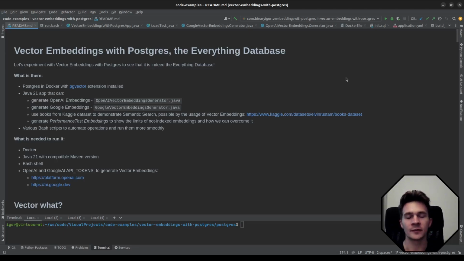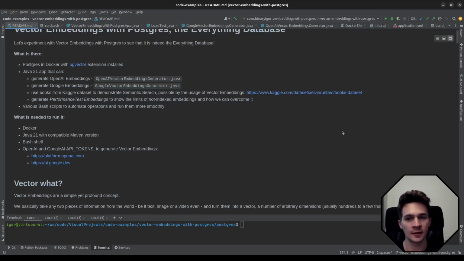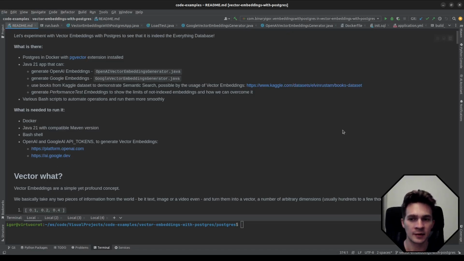Today we talk about vector embeddings and specifically about using them with Postgres DB, the everything database. So let's start. What do we have? What we do? So we'll have a Postgres database with the pgvector extension that will allow us to use the vector embeddings type. Postgres will integrate with OpenAI and Google APIs to generate real embeddings, and we'll show how you can implement semantic search using this